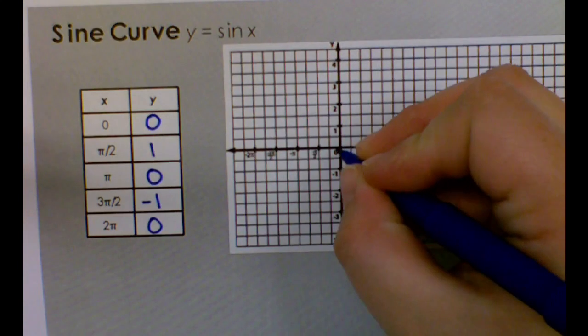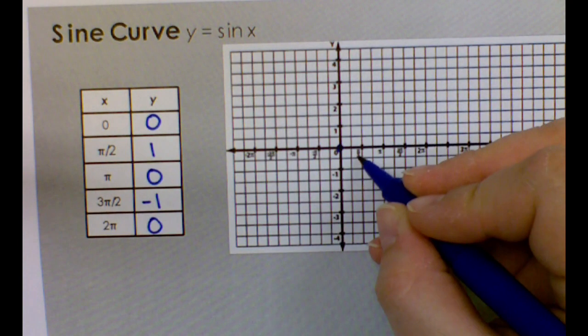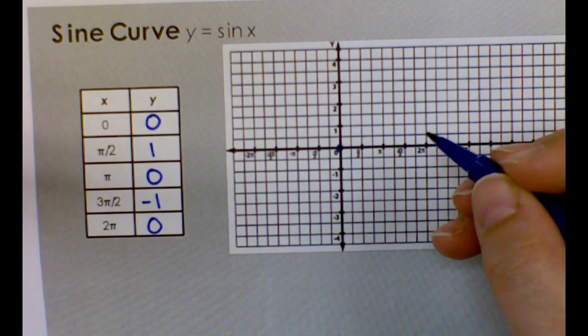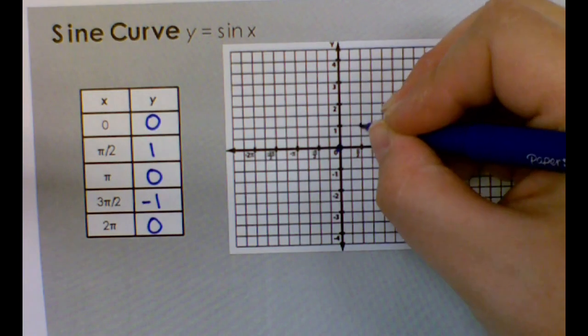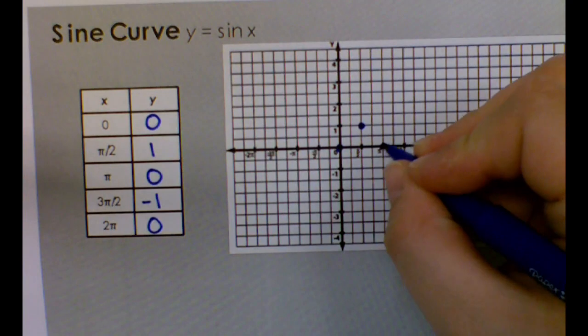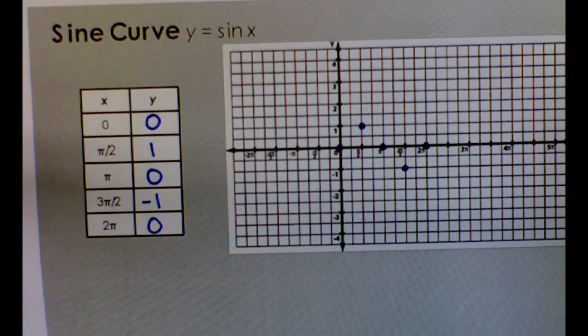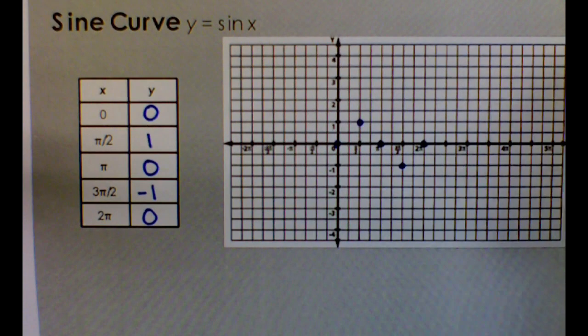So I have points at 0, 0. Notice this graph is a little different. This second notch here is labeled pi over 2. It's really hard to see. The fourth notch is pi. All right? So pi over 2, 1. Also be careful, my graph goes up by halves. Pi, 0. 3 pi over 2, negative 1. 2 pi, 0. And with what we know about trig functions, they repeat over and over,